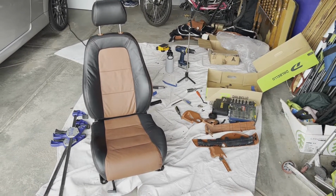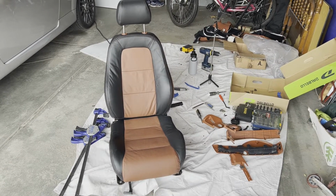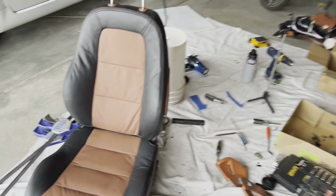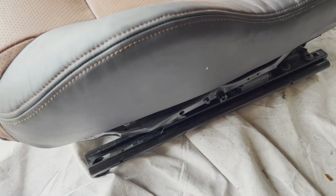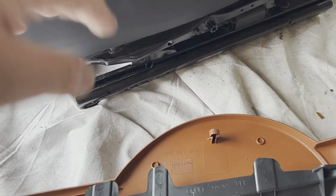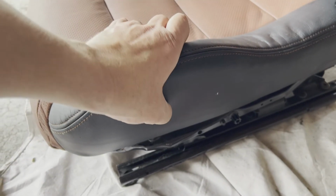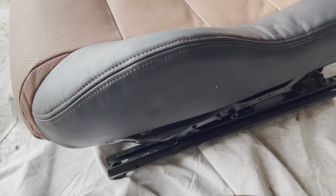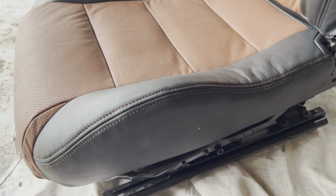Alright, so you can see I've got my seat skinned. I've got a couple of creases down there at the bottom I'm going to have to smooth out a little bit by just working the pad and working the leather. And then I've got to do one more cut in the leather over here, because remember, this piece of plastic work has that key in it that slides up in, so we'll have to find that. I think it's right about here. I can feel a bit of an indentation there, so we're gonna have to cut a keyhole there, so that way we can put the side plastic back on. But basically that all goes on